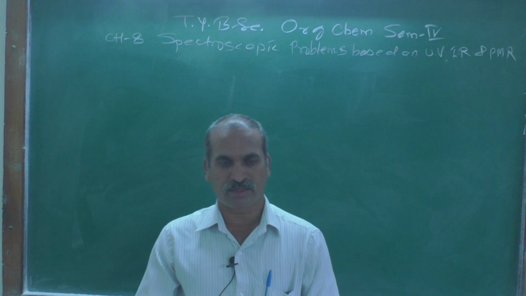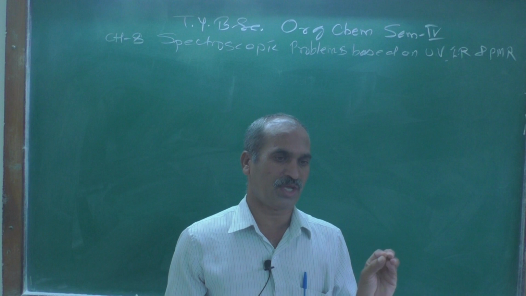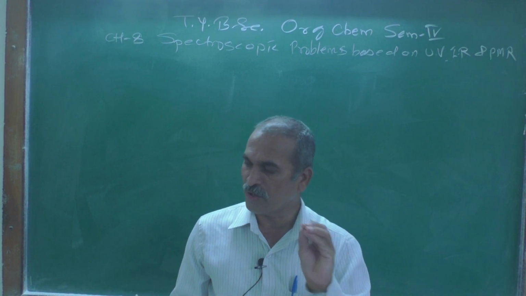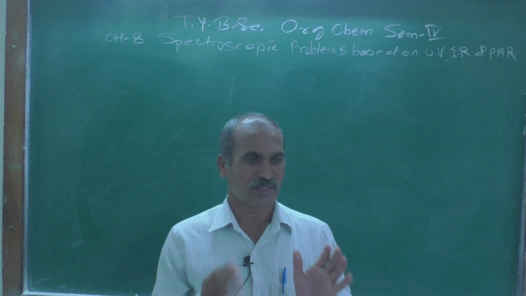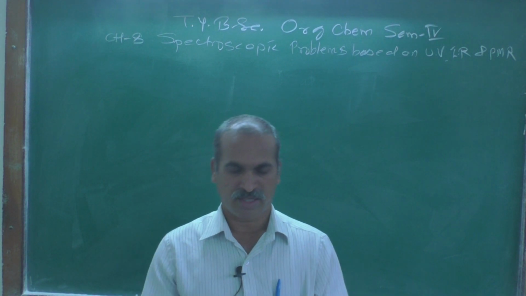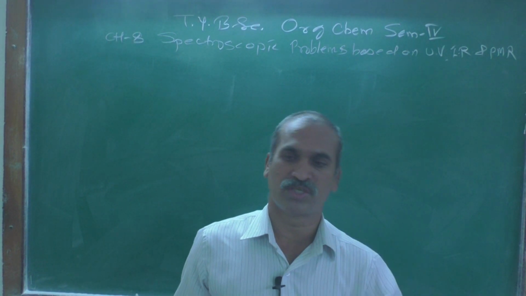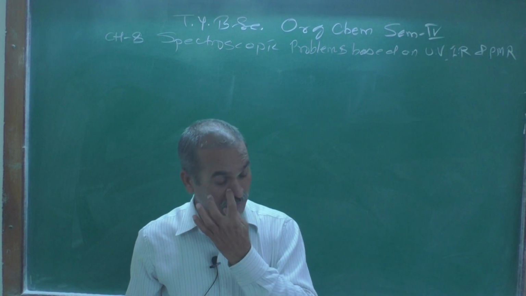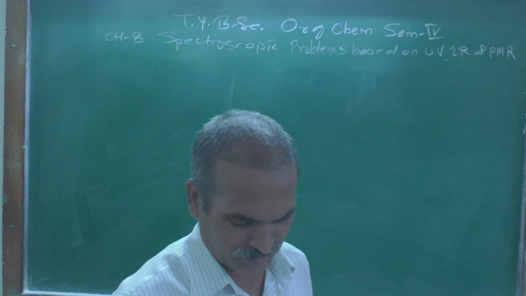In the second method everything remains as it is, with only the one change observed in point number 1: each oxygen or sulfur atom is replaced by CH2. Generally at TY-BSc level we are going to use method 1, which is the commonly used method, and according to that the following changes are made. We will use that method while solving the problems.